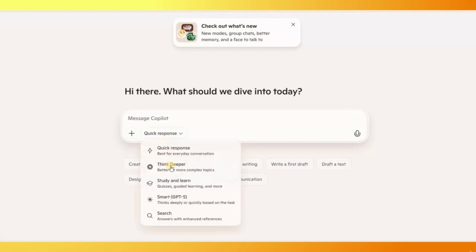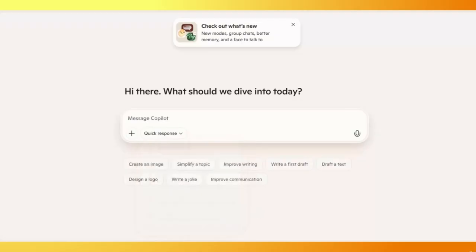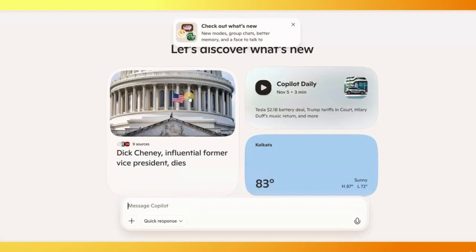Even if you want a quick response, a deeper response, you want to study and learn, or you want to use Smart GPT-5, or you want to search for any answer, you can do all of that over here. So over here, you will find Discover. When you click on the Discover option,